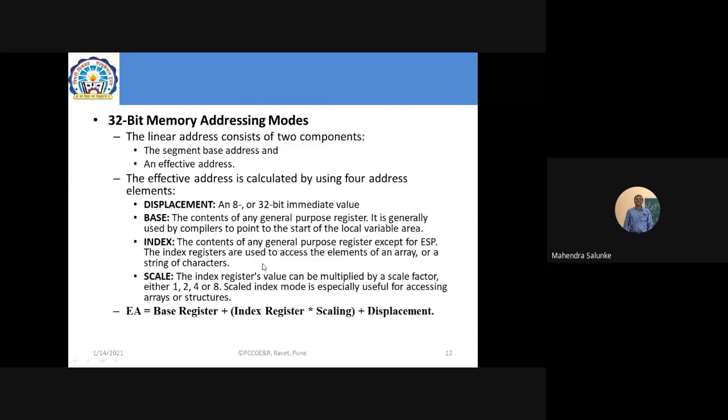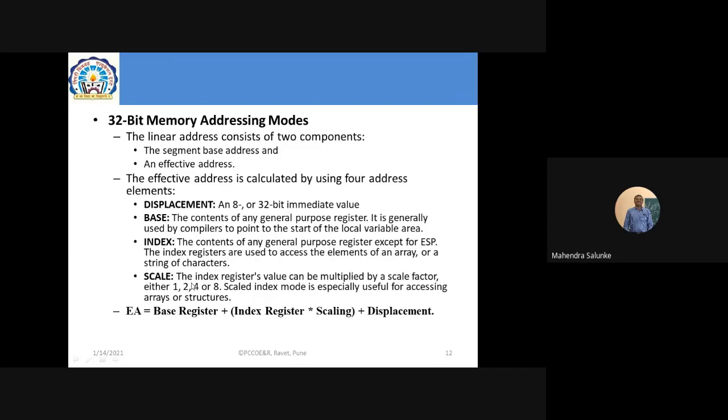In a high level language the same thing is used, but we are not clearly aware of which register is used there, because we only use the syntax of the high level language. But ultimately those are converted into assembly. The machine code conversion happens, and your compilers convert the high level language into machine level language.